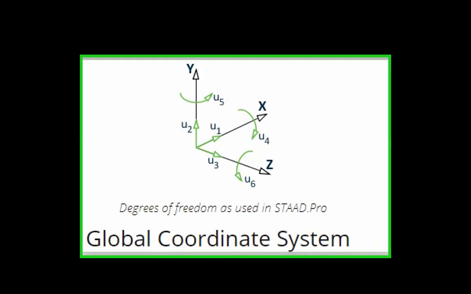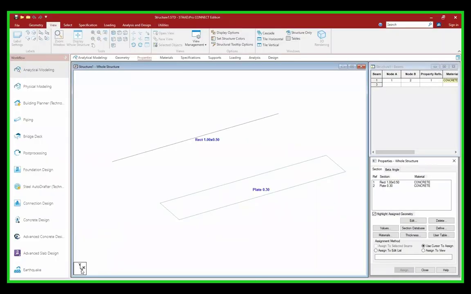Let's understand in our StatPro. This is the global axis: global X axis, global Y axis, and global Z axis. Irrespective of the structure, whatever you are modeling in StatPro, this would always remain the same. However, you can change the direction of the vertical axis in the global coordinate system. For that, I will give you another video. In this video, we will focus only on the local axis, and this GCS is there by default. Okay, so now the global coordinate system is clear.